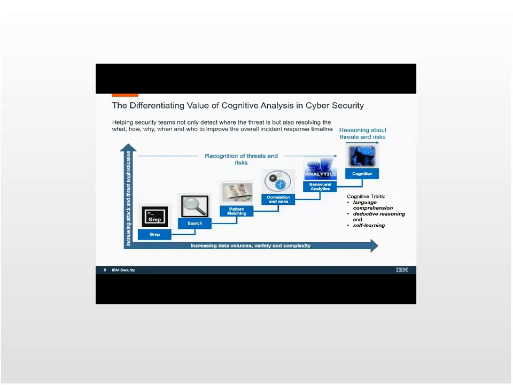To help position cognitive security, let's take a step back from an analytical standpoint and look at how we got here. From a security standpoint, we used grep on single systems, on the logs of those single systems. We've evolved to very powerful search mechanisms across multiple types of data: logs, flow records, packet data, vulnerability information, et cetera. Search is the underpinning for ad hoc investigative analysis. Then we moved into basic patterns, so that we're not always repeating the same searches over and over again.